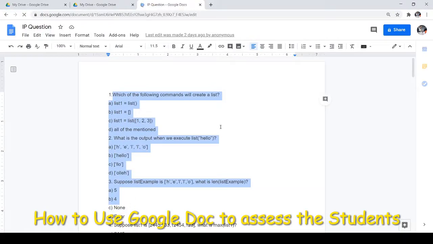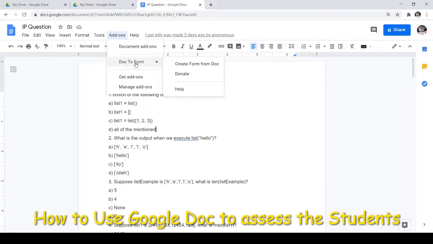Then to create a quiz, here I click on Add-ons, then click on Doc to Form. But some systems do not have this option. To add the Doc to Form option, you just click on Get add-ons.